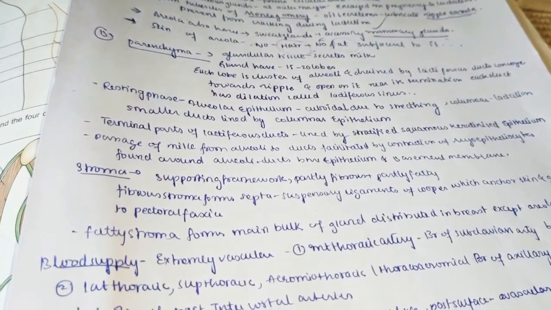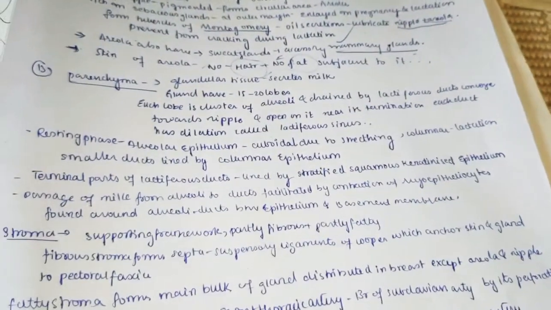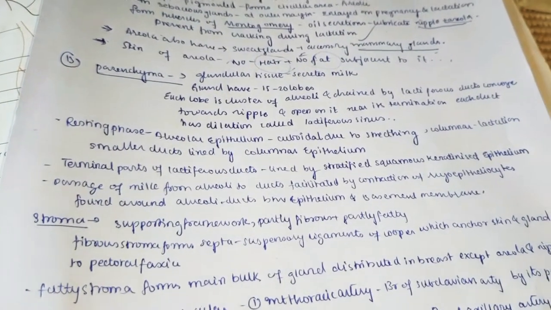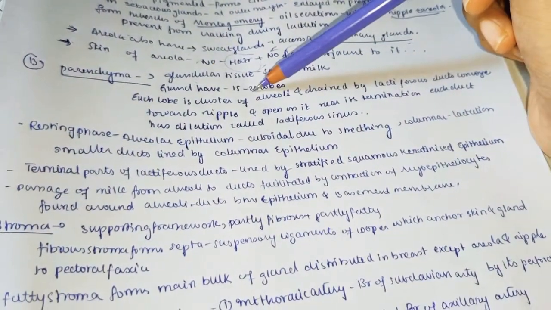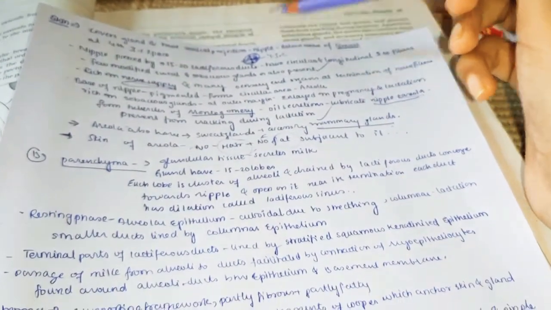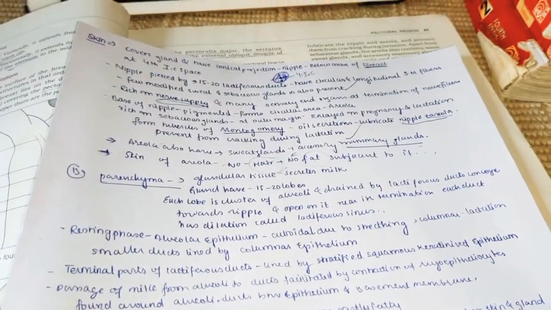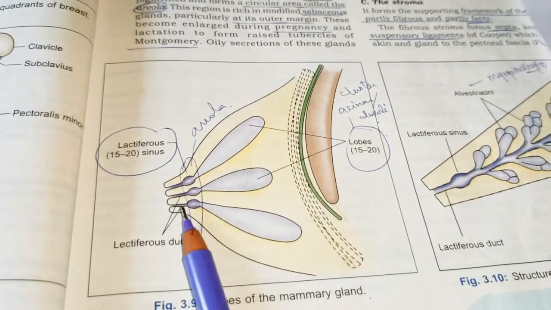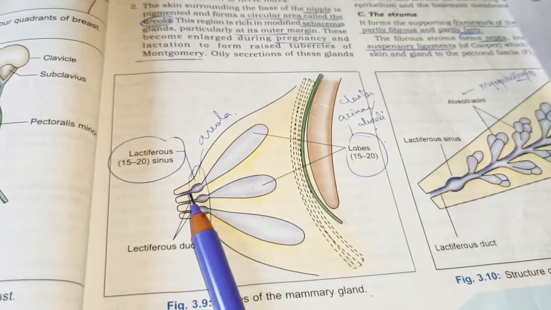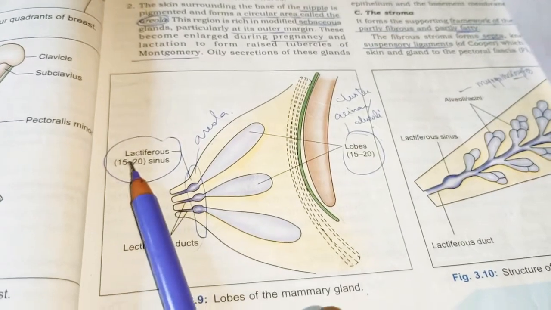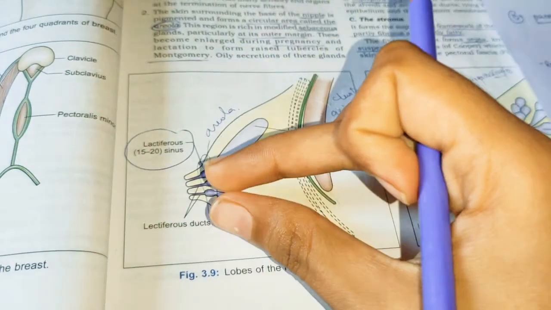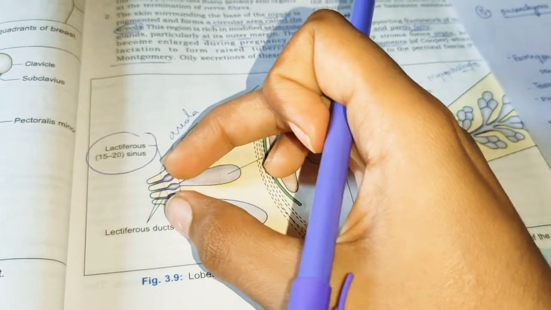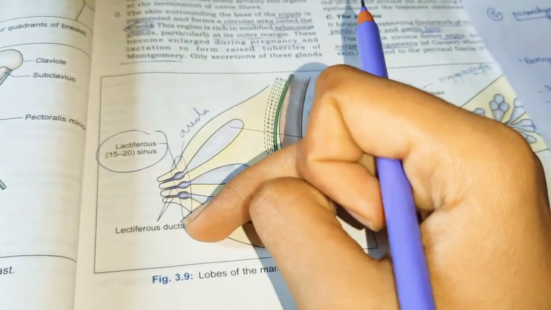Parenchyma is the main functional unit of any gland or organ. So first we will start with the parenchyma. The parenchyma is made up mainly of glandular tissue. You can see here the glandular tissue. And one more thing we need to remember is that 15 to 20 lactiferous ducts are piercing the nipple. In this diagram, these are the lactiferous ducts, which number 15 to 20. You can see lactiferous sinuses are also present. Actually, the lactiferous ducts have some sinuses somewhat inward, and those are called lactiferous sinuses.